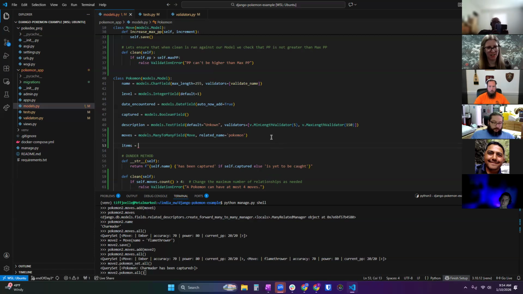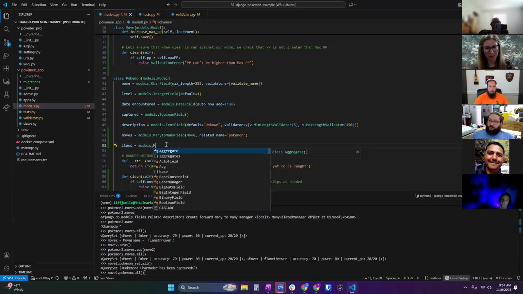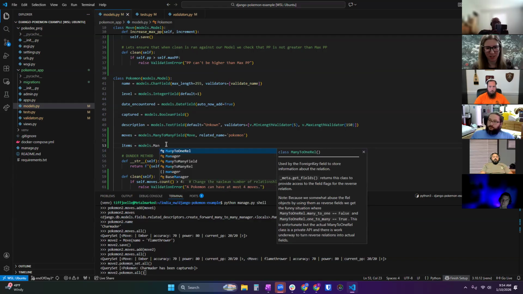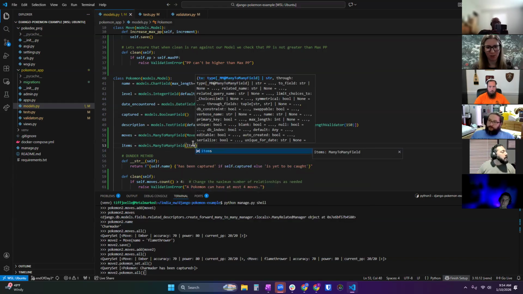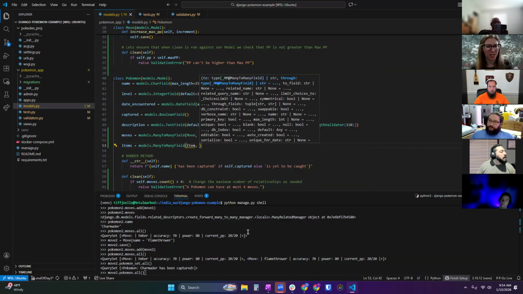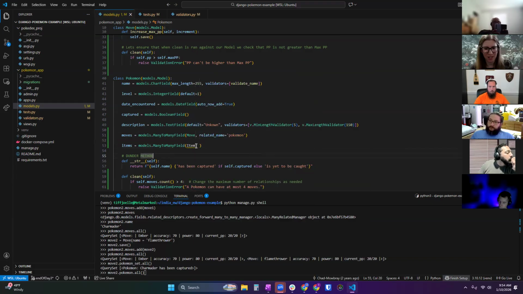Yeah, let's say a Pokemon. I know they can't, because I'm a nerd and I played a lot of Pokemon, but let's say they can hold multiple items instead of just one. And then those items will also be assigned to many different Pokemon. They're not restricted to just one. So you can do the same thing with that. You can make a many to many field for items and have a separate model called item, which would have item name and stuff like that.